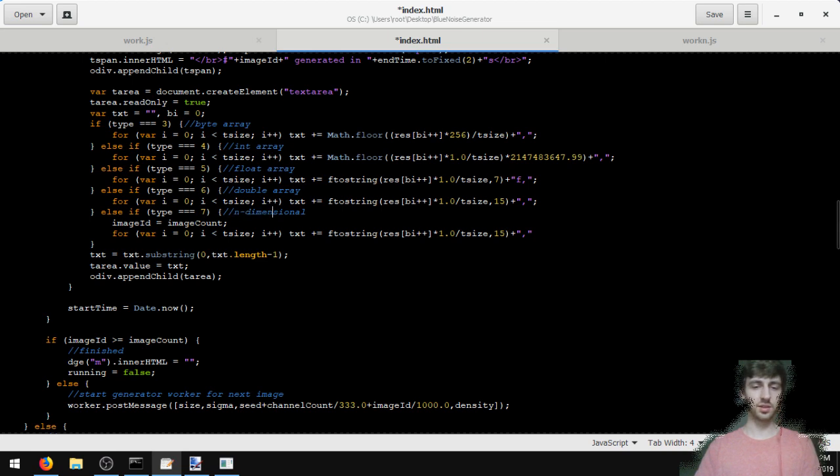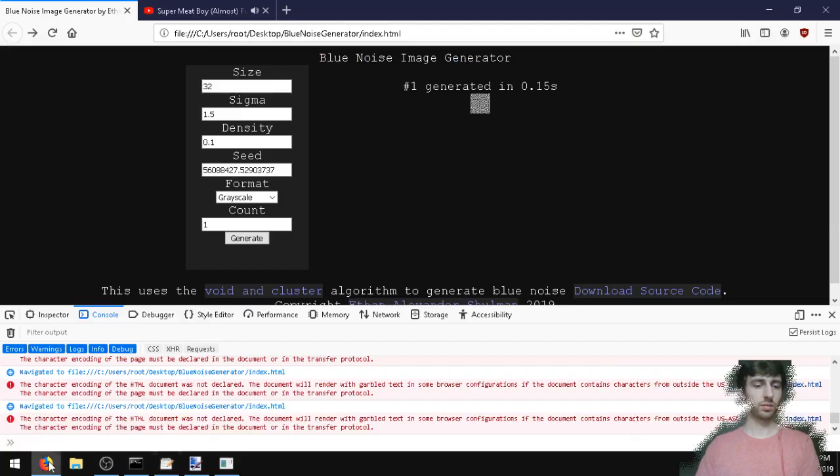I think on this n-dimensional I'm going to lower the precision. I think because no one will really need 15 decimal places, will they? I'm going to lower this to 5 and this to 10 and do this as like 5. Because if it's a very large array, it's going to take up so much data. I actually think that's good. It generates